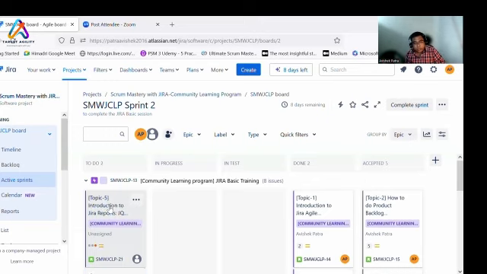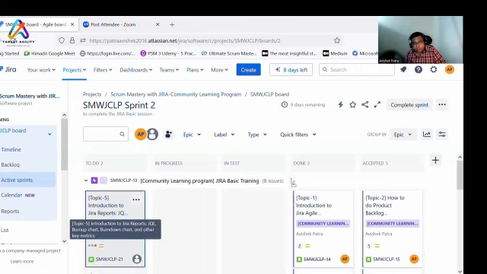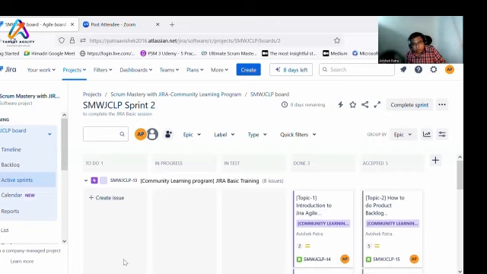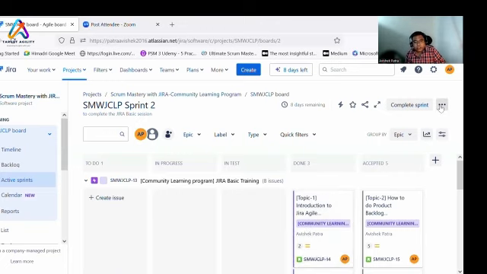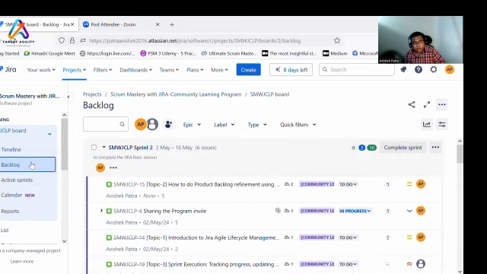Generally, we do a sprint review with the business stakeholders. In that context, we will discuss with them what the goal is, what we have planned, and how we are targeting it. In case you want to see the sprint goal, you go here in the backlog, and you get to see the sprint goal to complete the Jira basic session. This is our sprint goal.